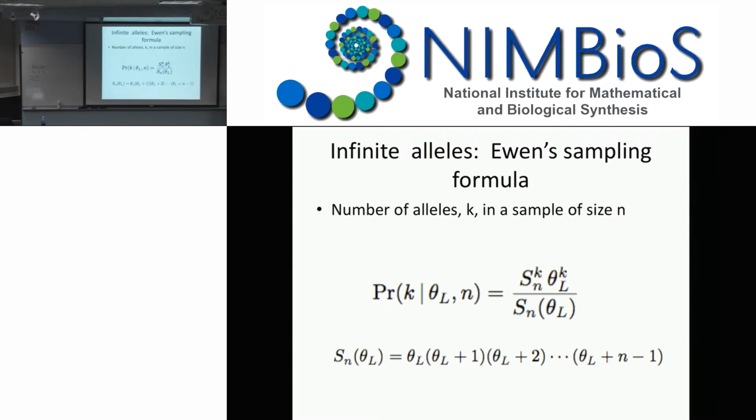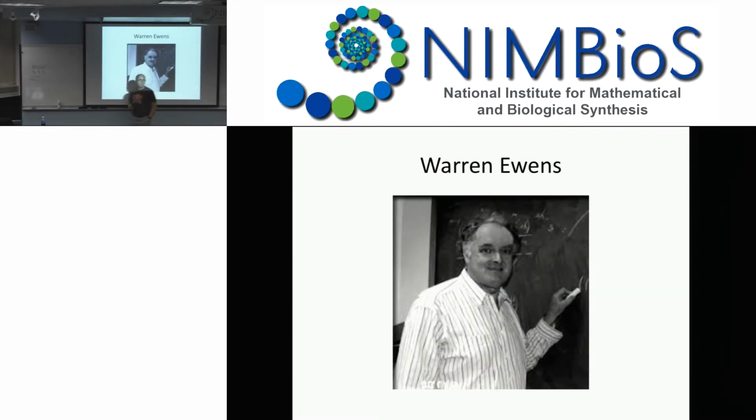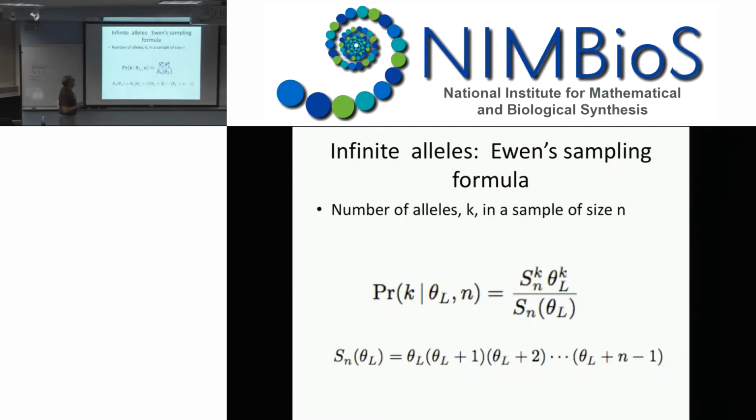So if you have allele data, one of the early classic results was a result by Warren Ewens. There's Warren, Australian, University of Pennsylvania. And in the 70s, Warren came up with something which other people called Ewens sampling formula. It's kind of crass to come up with something and call it like Bruce's sampling formula. You throw it there and let people name it after you. And the cool thing is what Warren showed was you can describe the entire features of a sample from neutrality